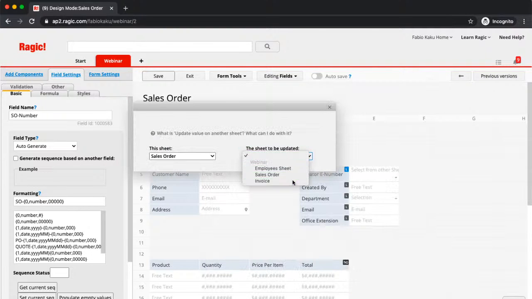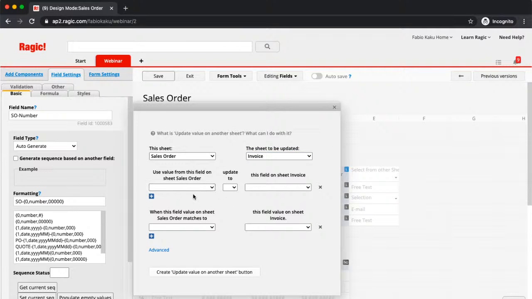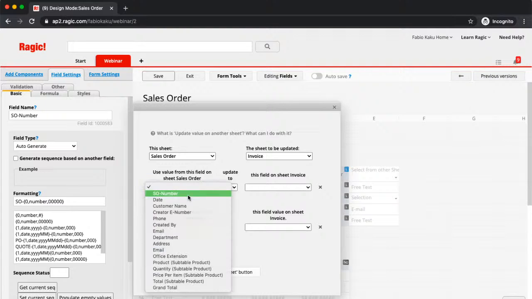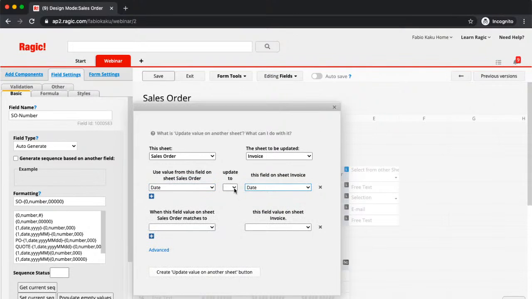So sales order to invoice. So now you can select the fields that you would like to have to update, and make sure that if it's a numerical value, you can add the value, subtract the value to it. But for most cases, I select the equal value, since for most times you would just want to have one value populated onto another sheet, and if they are the same record. So if SO number matches the SO number,